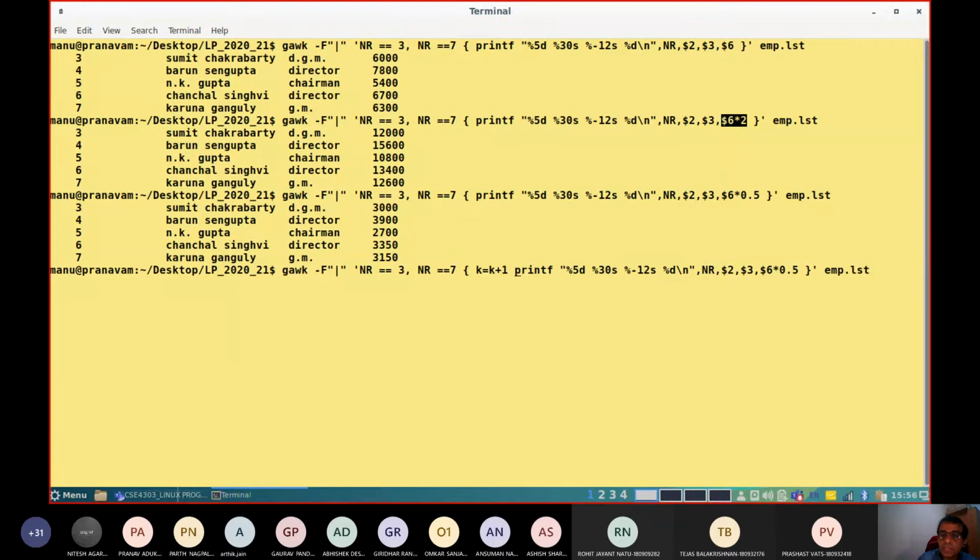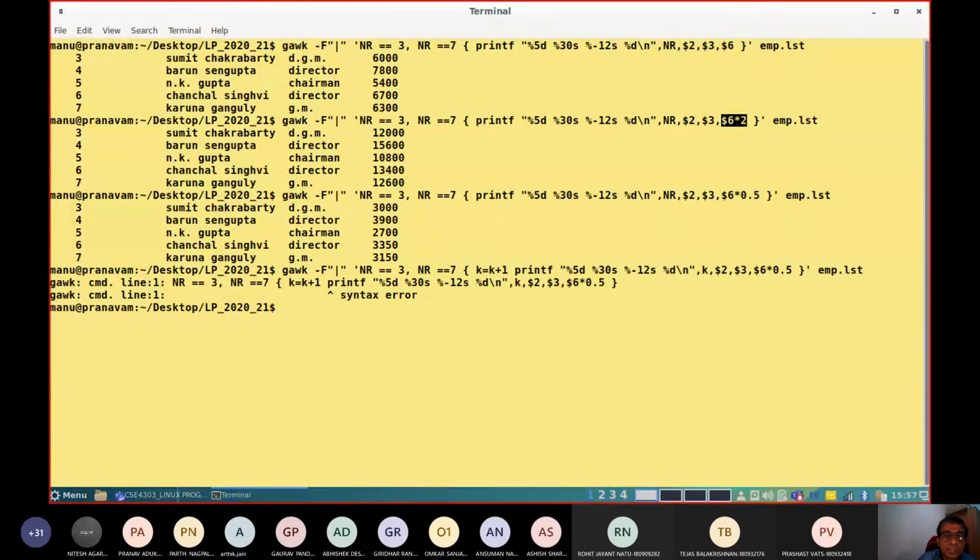Now let me print this value k instead of NR. Let me check what went wrong. K equal to k plus 1.